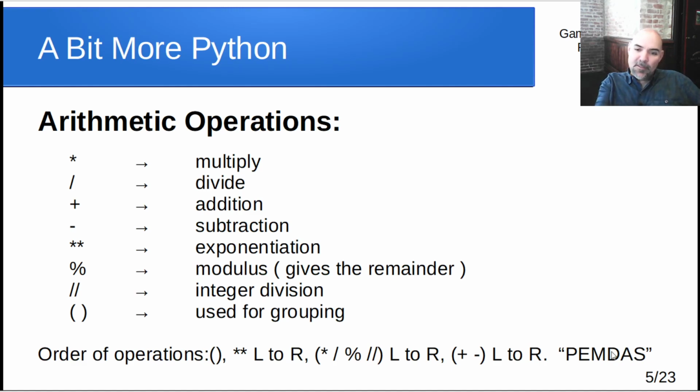Notice that in the multiplication and division, mod, since that's a remainder of a division, and integer division is another kind of division, those both fall into that same category, even though you may have not seen or used those before. All right. And I suppose we could make a mnemonic from this PEMDAS thing, like